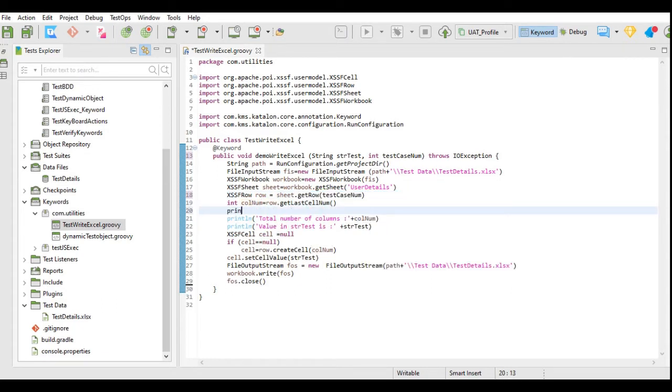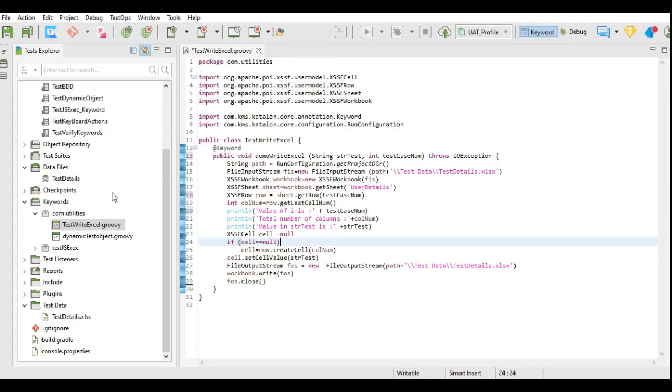We are also going to print here one more information, that is about the value of variable I. I will explain this to you, what is I and where I am going to initialize I, and I will say that it is test case num. I am printing the value of I with test case num. Test case num is the value of I. Where is this I? We will learn this. That's it. There are no other changes in our keyword. We will learn about this keyword again later.